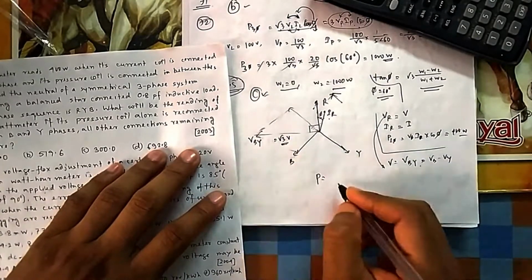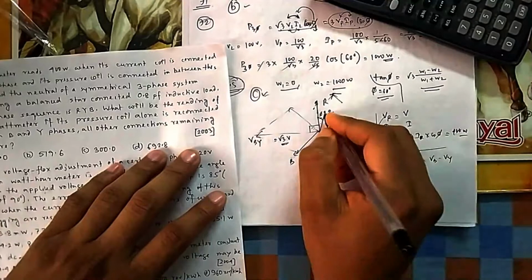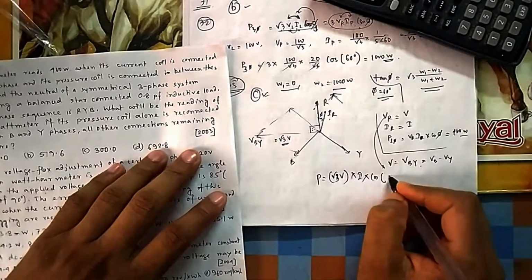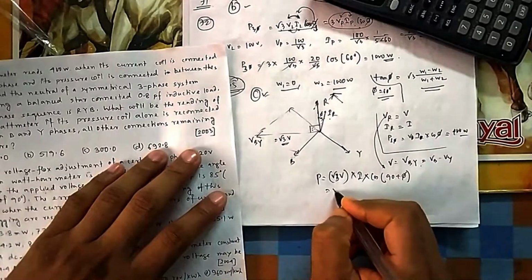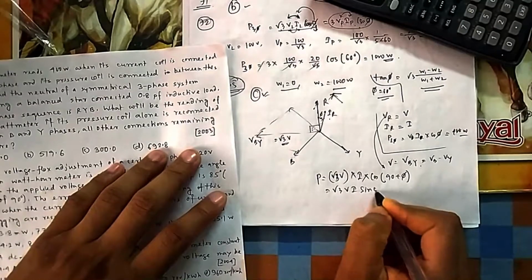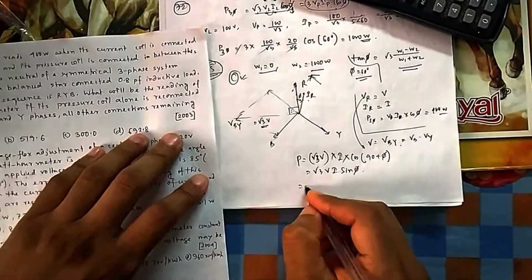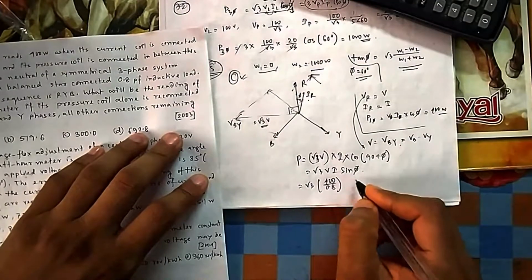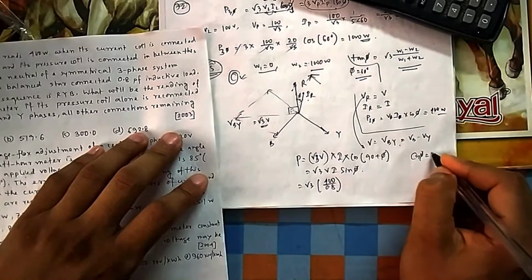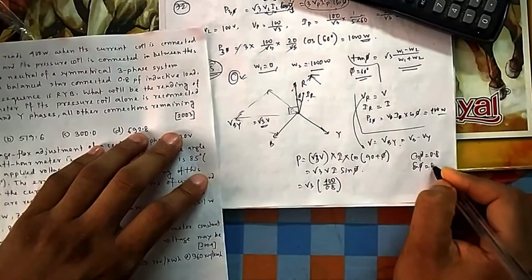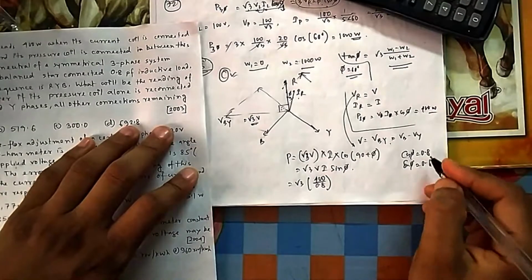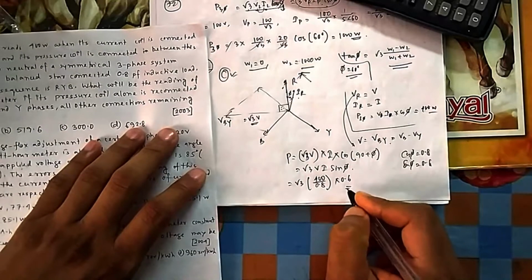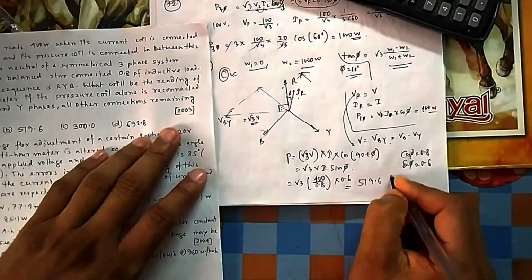So what does the wattmeter read? It will read this magnitude of voltage, current is the same, per phase current I, and it will measure cos of 90 plus phi, the angle between these two. So it measures root 3 VI sin phi. What is VI? VI is 400 divided by cos phi, and cos phi is 0.8. What is sin phi? If cos phi is 0.8, you can calculate sin phi. You should remember this, it is 0.6, because cos square plus sin square is 1, 0.8 square plus 0.6 square is 1. So if you do this, you will find it is 519.6, that is your option B.